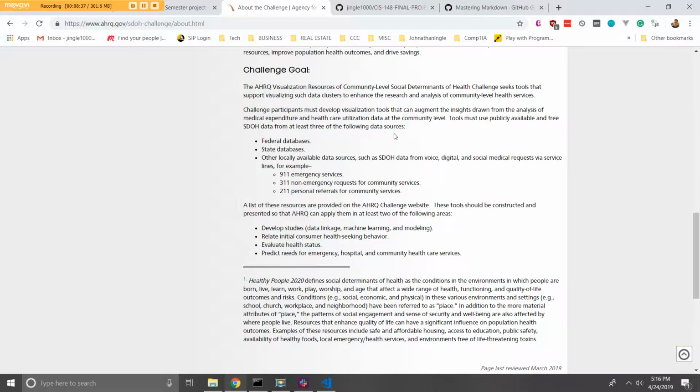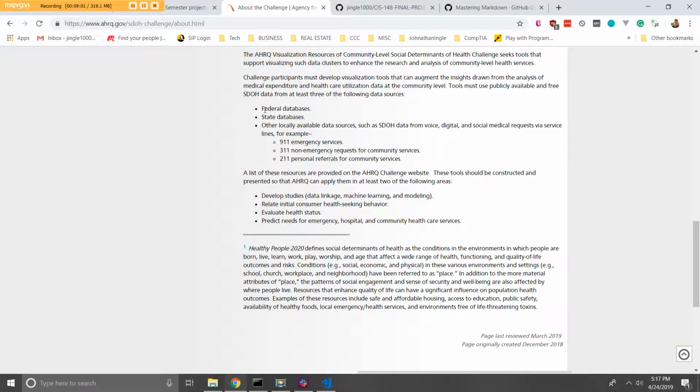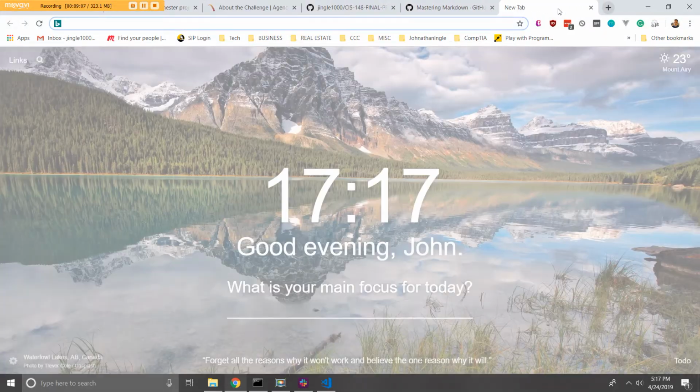We must develop visualization tools that can augment the insights drawn from the analysis of medical expenditure and healthcare utilization data at the community level. Tools must be publicly available and free. Okay, so that knocks out using Tableau. I was thinking about using Tableau because I'm like, man, that is exactly what they're asking for. But I guess we're going to have to use something like